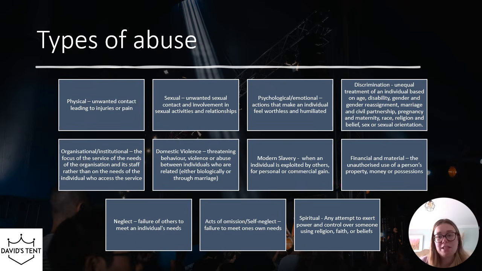So when we talk about safeguarding, we're also talking about abuse, and knowing the different types of abuse is important. The way that they look within children and within adults is different, so we need to have an awareness of both. There's physical abuse, which is any unwanted contact leading to injuries or pain. With children, we know that they are active things, some of them, and injury can be likely to occur. But it's actually not our responsibility to decide if that injury is accidental or not, but to share the concerns if we have them.